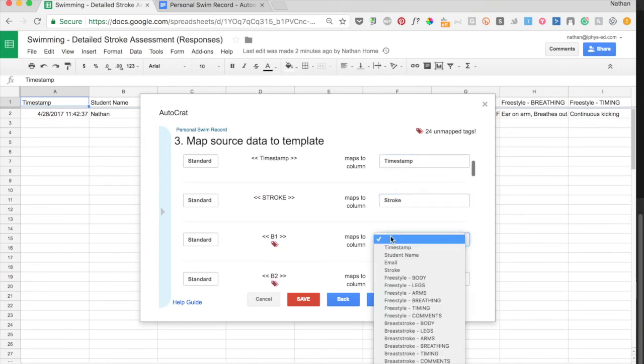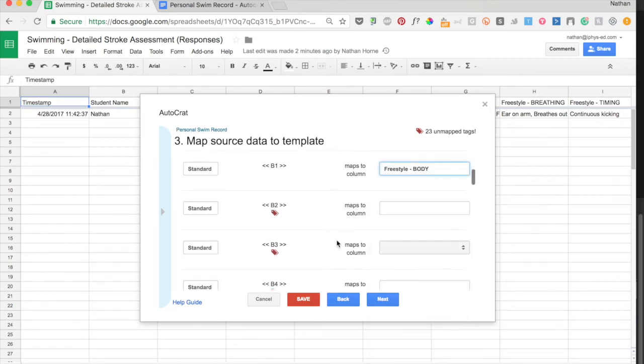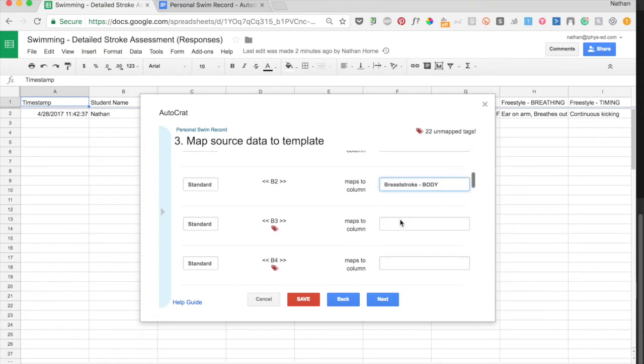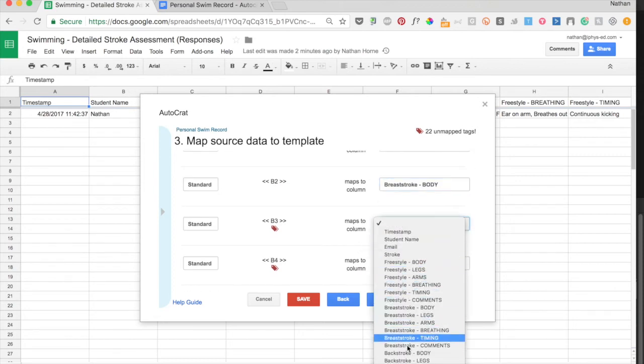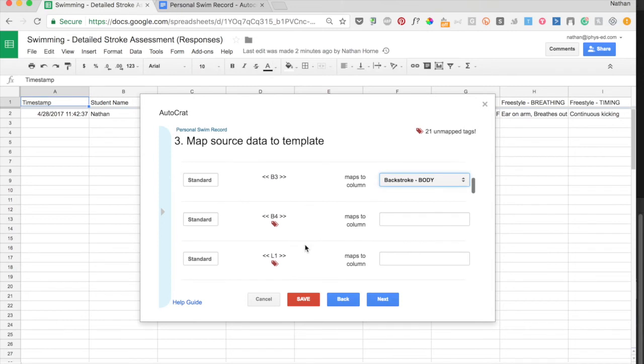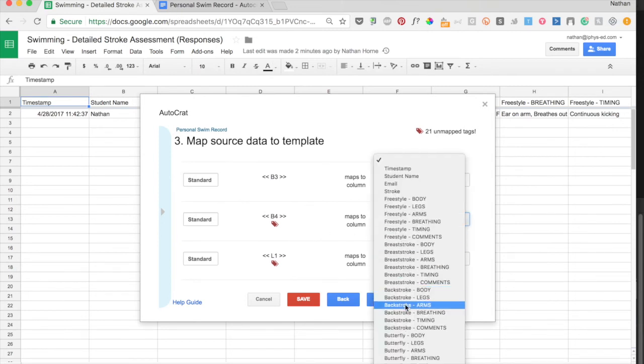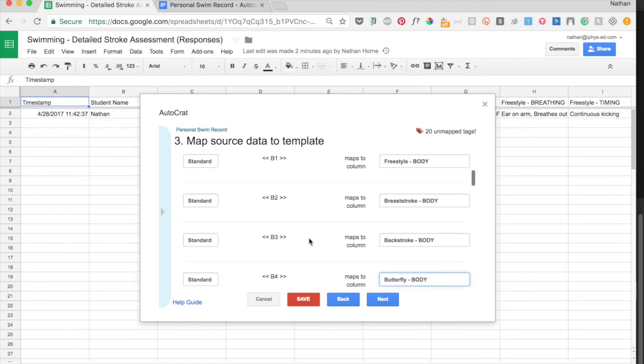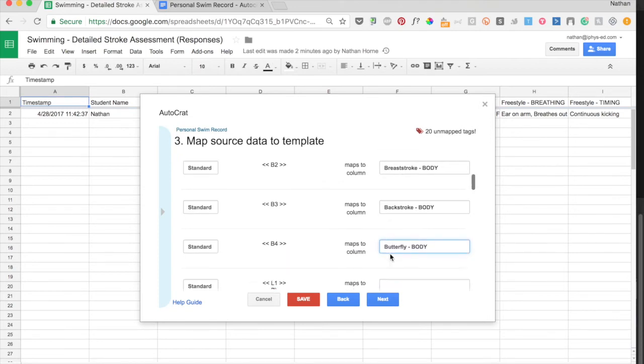So B1, number 1's are always going to be freestyle. So we're going to do freestyle body. B2 is going to be breaststroke body. B3 is going to be backstroke body. B4 is going to be butterfly body. So once I've done all the bodies, again, freestyle body, breaststroke body, backstroke body, butterfly body, now I'm going to